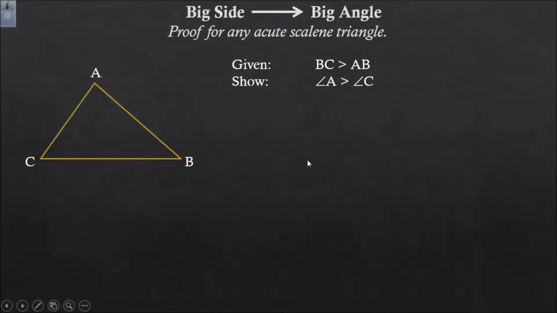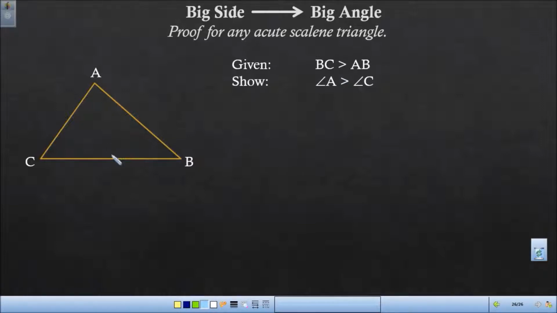Okay, so how do we prove this? It's actually a kind of cool proof, and what we're going to do is draw an isosceles triangle inside of our main triangle. So we know that BC is greater than AB. So we look here, so this is BC, okay, and here is AB. Since we know that BC is greater than AB, we can actually pick a point